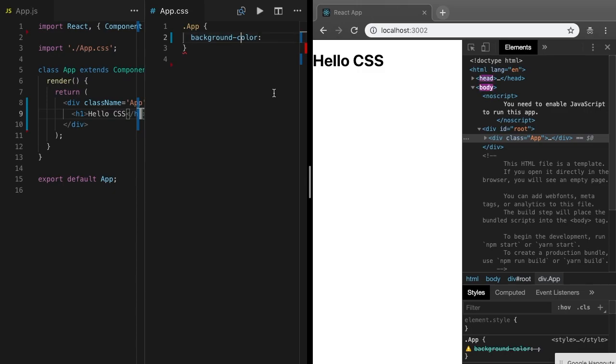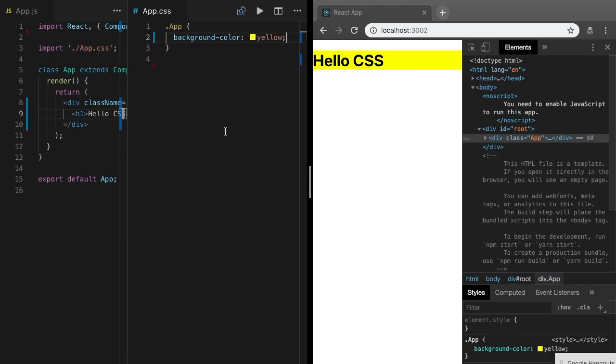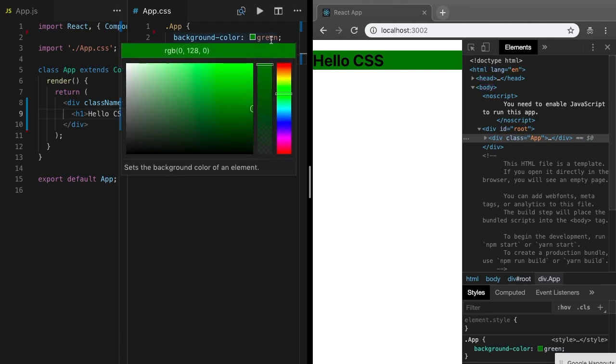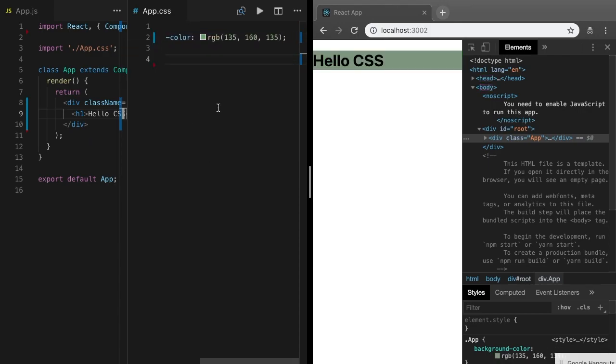Let's use kebab case, right? So with kebab case, now we can change the color to anything, right? Yellow, for example, right? And then it works. It's easy, right? Then of course we can put any color, yellow, green, right? In reality, most of the time, we don't play with such basic colors. So look, we can be in Visual Studio, we can pick custom colors, right? So once you select a color, Visual Studio will automatically